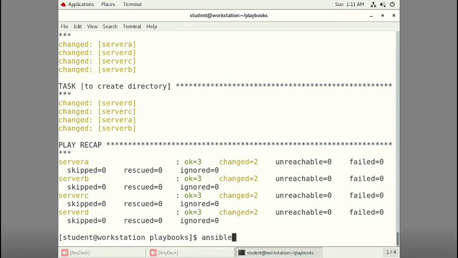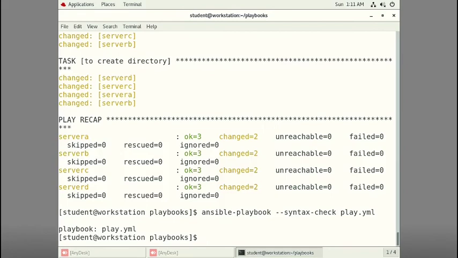So before running that, if you want to check, use --syntax-check, then the name of the playbook. It will tell you what things you have done.